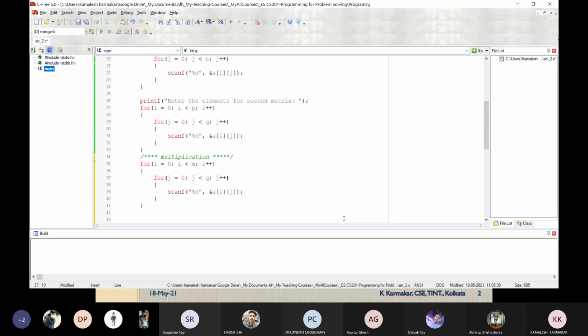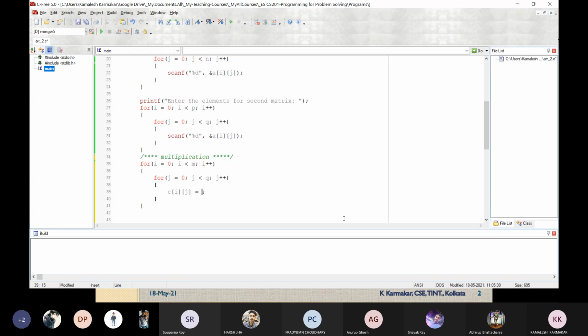Okay, so here we are going to calculate the value of C matrix. So we are going to calculate Cij. Now what will be the Cij? If the loops at line number 35 and 37 run, that indicates that in every iteration of the inner loop, one element of Cij will be calculated.